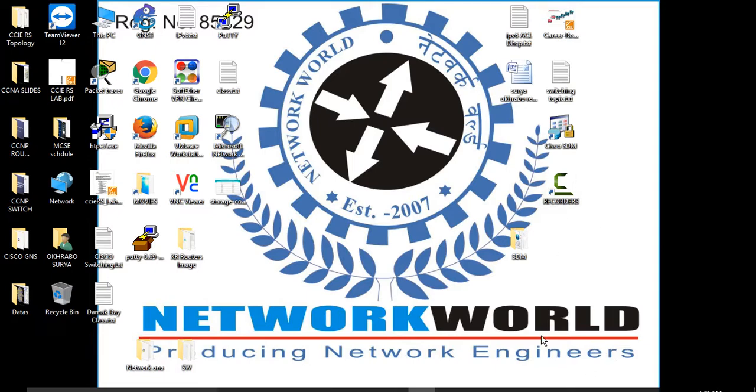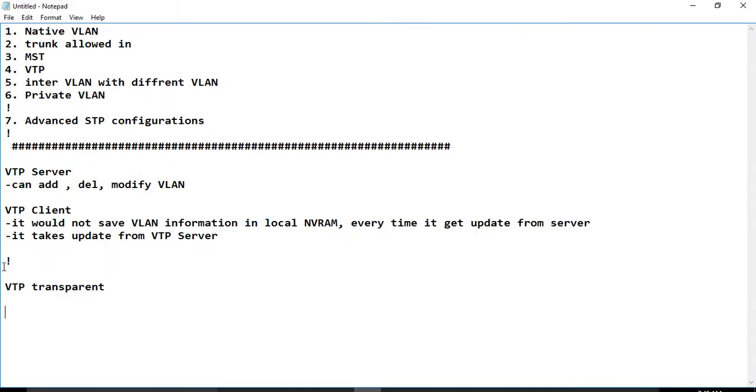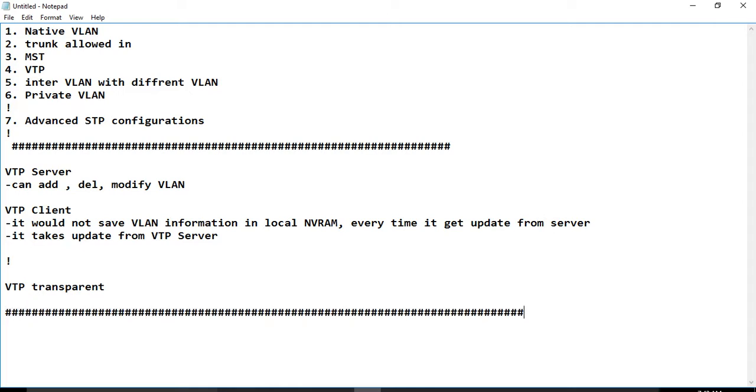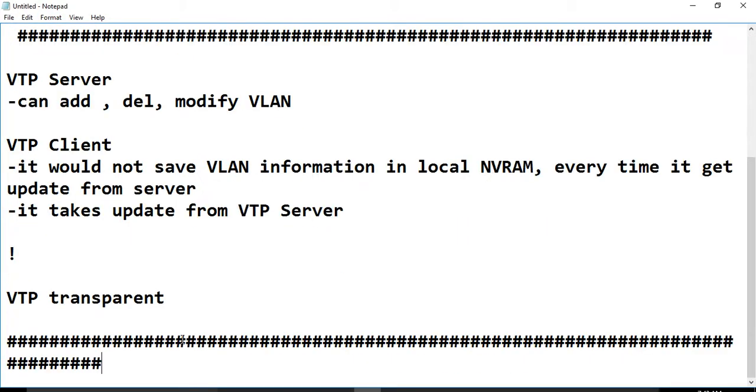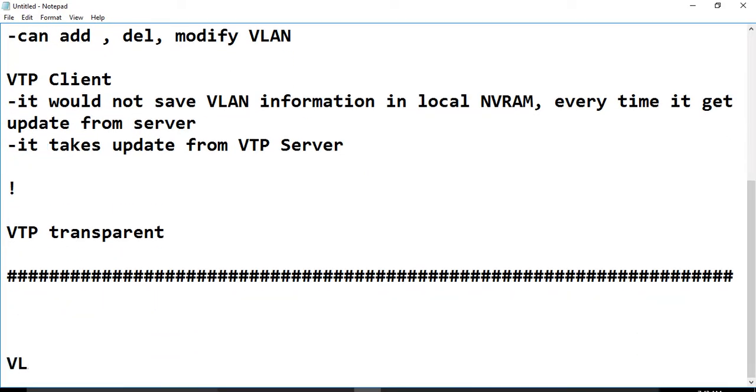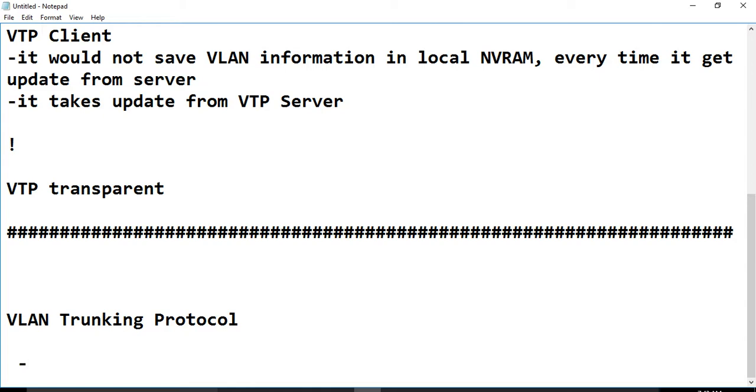VTP, VLAN Trunking Protocol. Okay, so VTP stands for VLAN Trunking Protocol. One of the basic things you should know before you go on to VLAN Trunking Protocol,